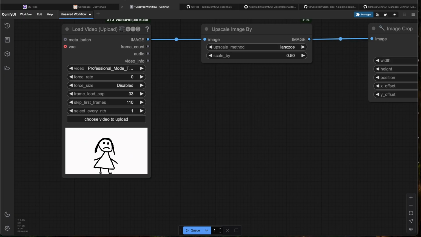110. Remember that since there's 150 frames, the max skip first frames you could have is 116, because after that, you're going to run into the end of the video, and you're going to end up with less than 33 frames. In fact, a good thing to do here is